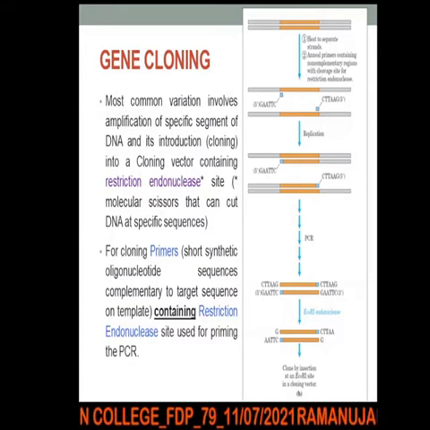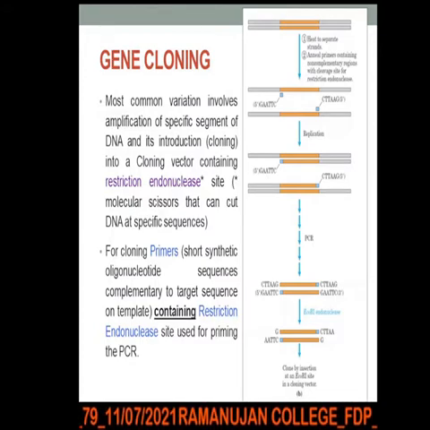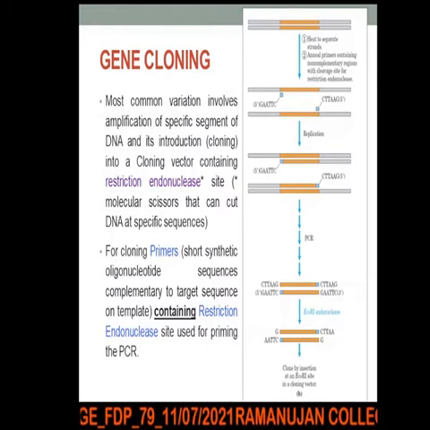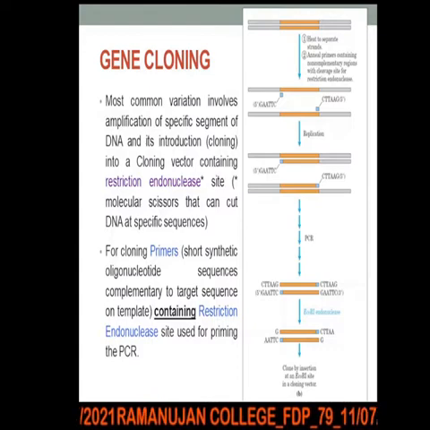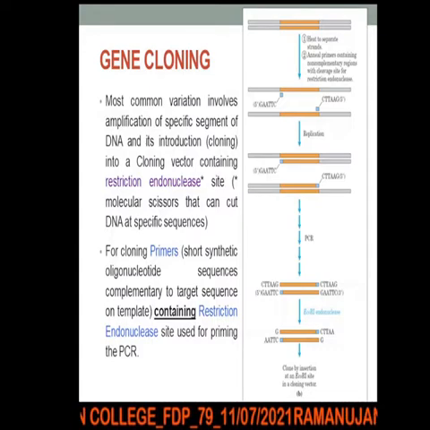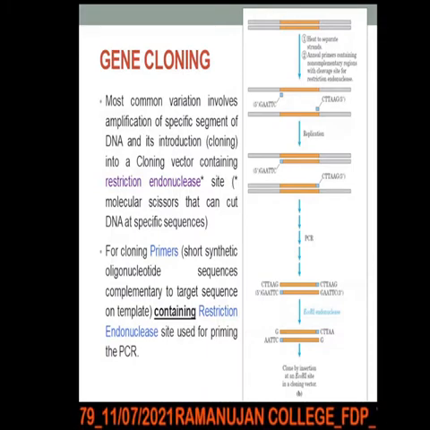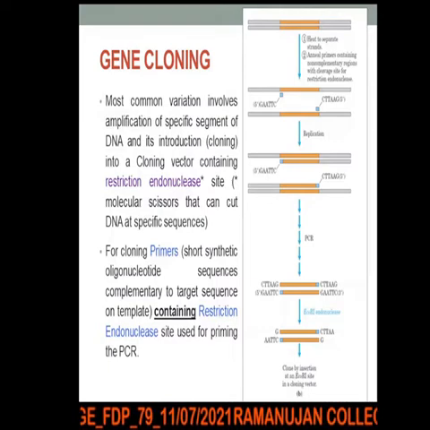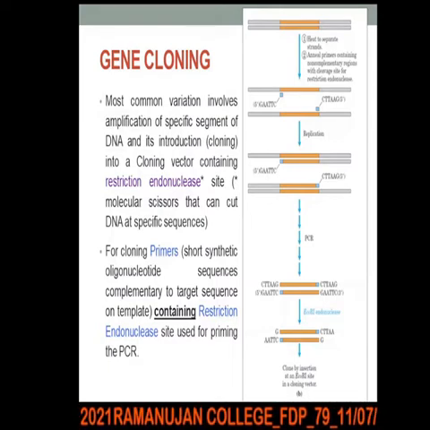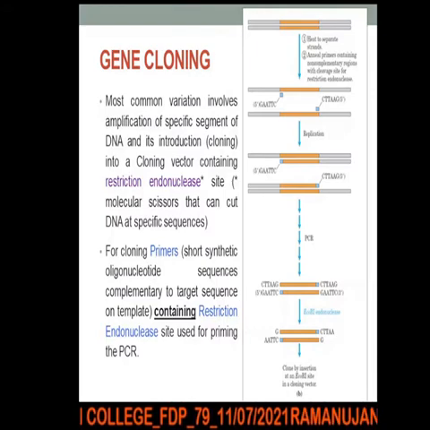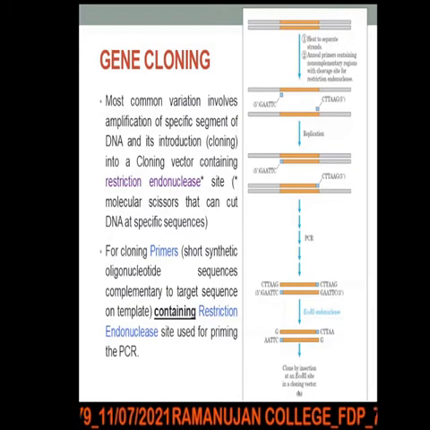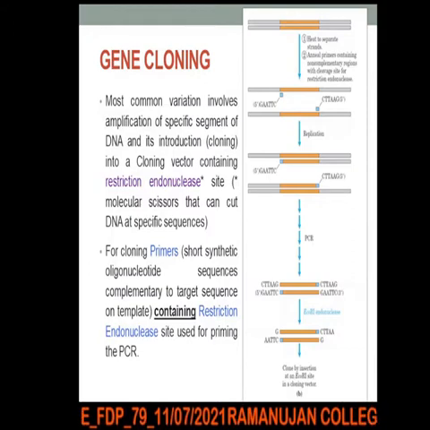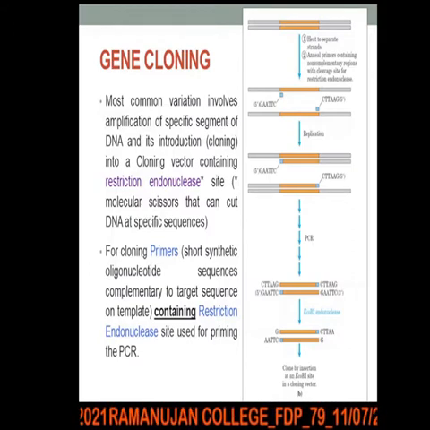As you see on your right hand side, we are taking a template and then separating its complementary strands. Then we are adding primers which have a cleavage site for a restriction endonuclease that we just discussed. Then we allow the PCR reaction to go on. After a number of cycles, we end up having 10 to the power 6 or 10 to the power 8 copies of your template DNA.